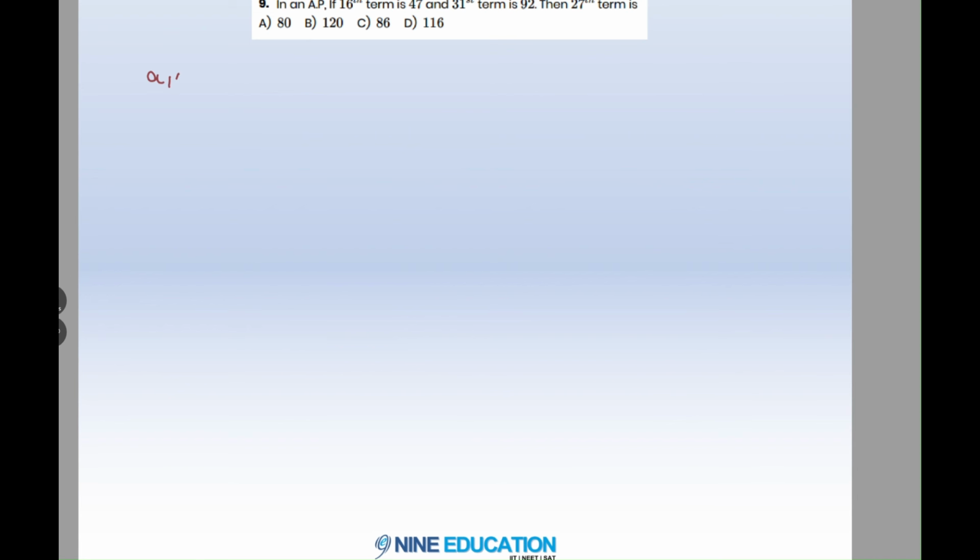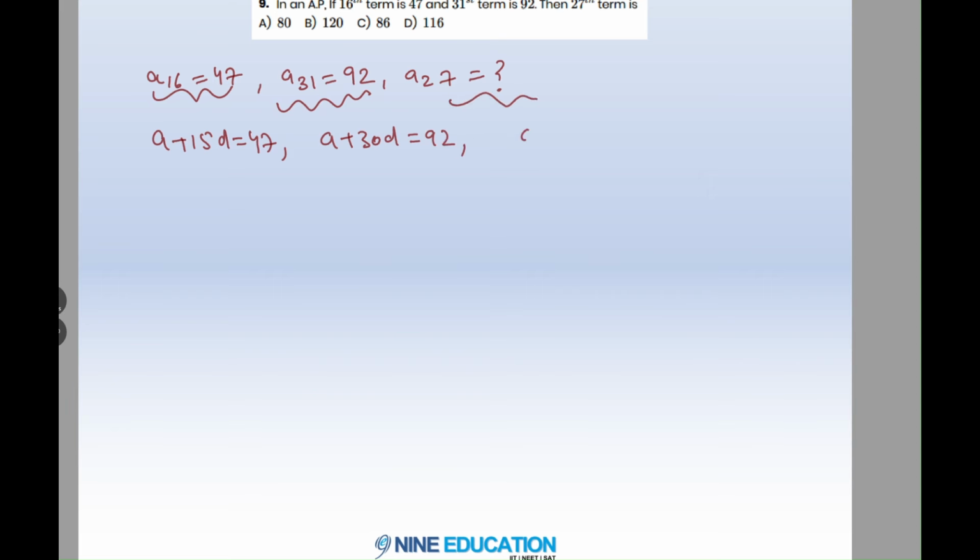In an AP, A16 is 47 and A31 is 92. Find out A27. A16 is A plus 15D, which is 47. A31 is A plus 30D, which is 92. What we want to find is A plus 26D, that is A27. An in the AP is given by A plus (n minus 1) into D. Since we want A and D's values, let's take these as equation number 1 and equation number 2, and subtract 1